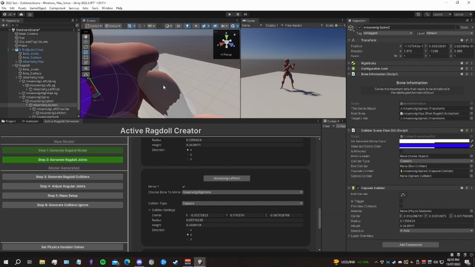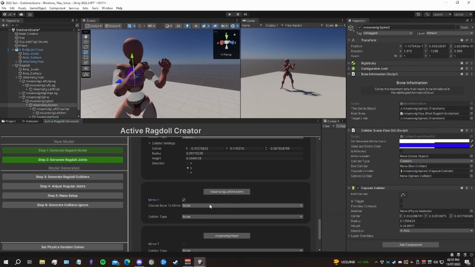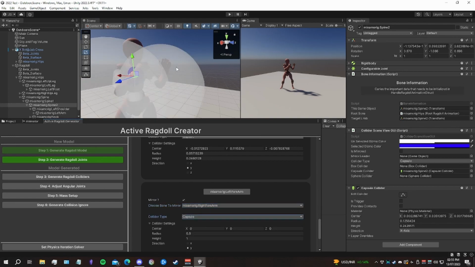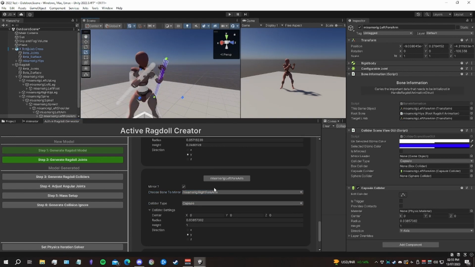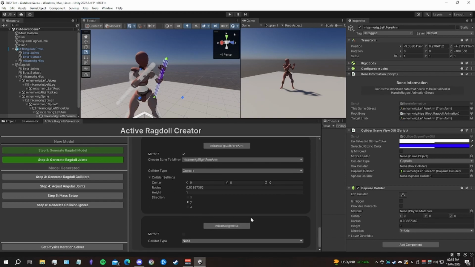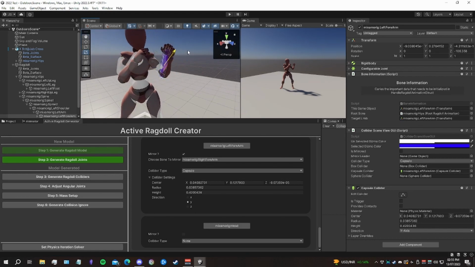Put it that way. It's pretty good. Now we go to the left and right forearms. So yeah, once you mirror, the right forearm is lost in this section. The mirrored component is lost because it's actually just mirroring the one you picked already, right? So it's picking the left. So yeah, you lose